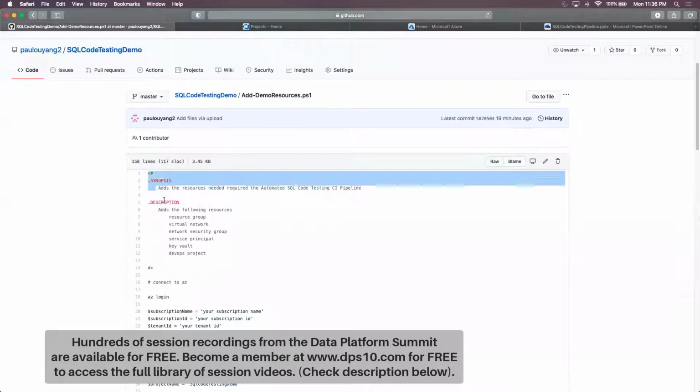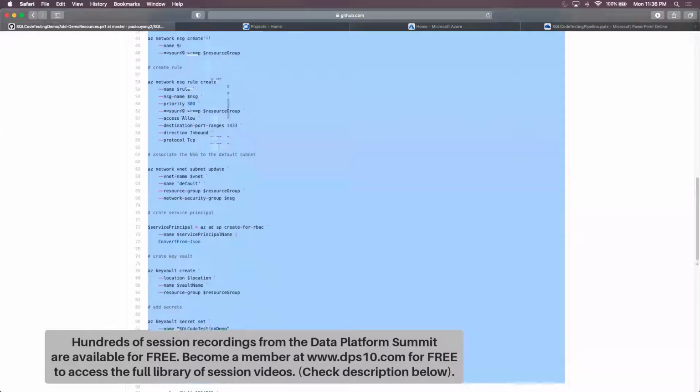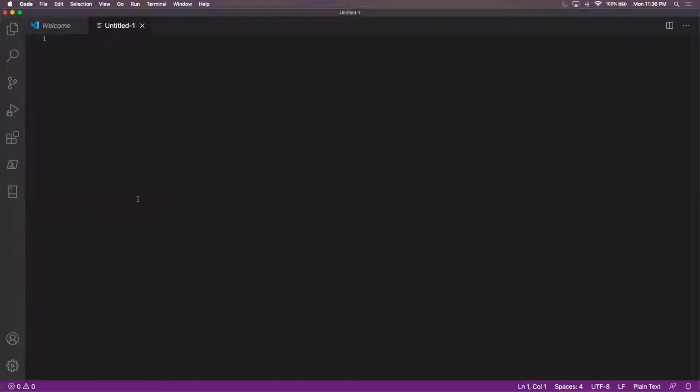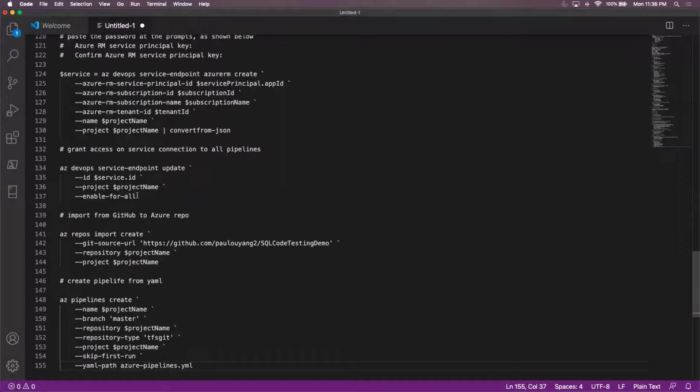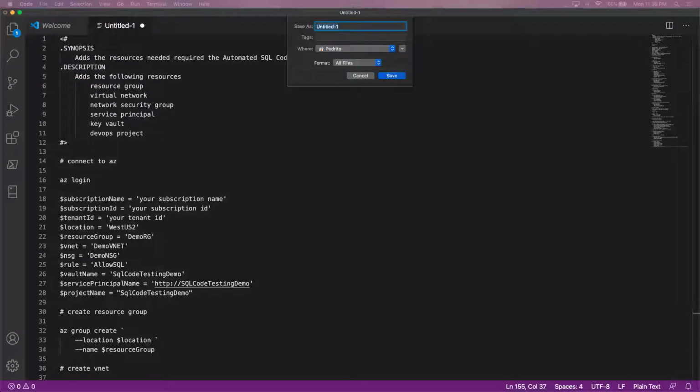So we just copy paste, or you can download the file. But I'm just going to do copy paste. It's not too long. So Control C, and then paste it on Visual Studio Code. So right now you'll see that it's all white characters, but once we save it as a PowerShell script, it will color code it. So let's do save as, and it will ask me for the name,